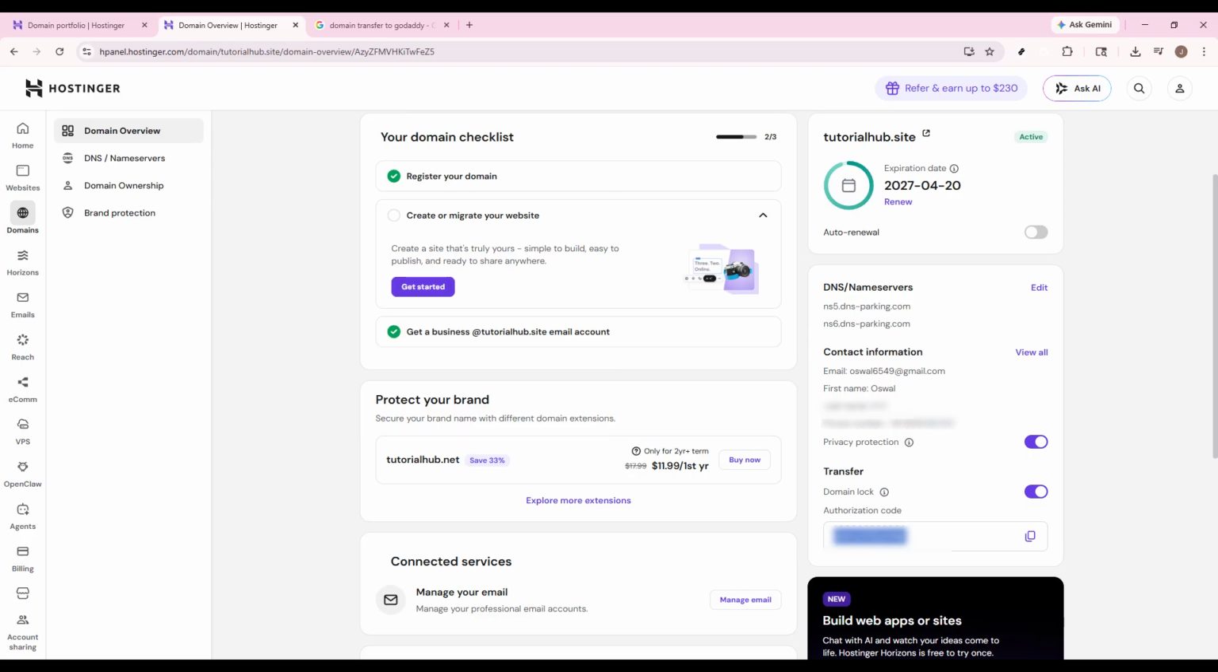Next, you need to disable domain lock. This is an important step because a locked domain cannot be transferred out. When domain lock is turned off, Hostinger allows the transfer request to go through. If you skip this step, the transfer will usually fail or get stuck, so take a moment to confirm that